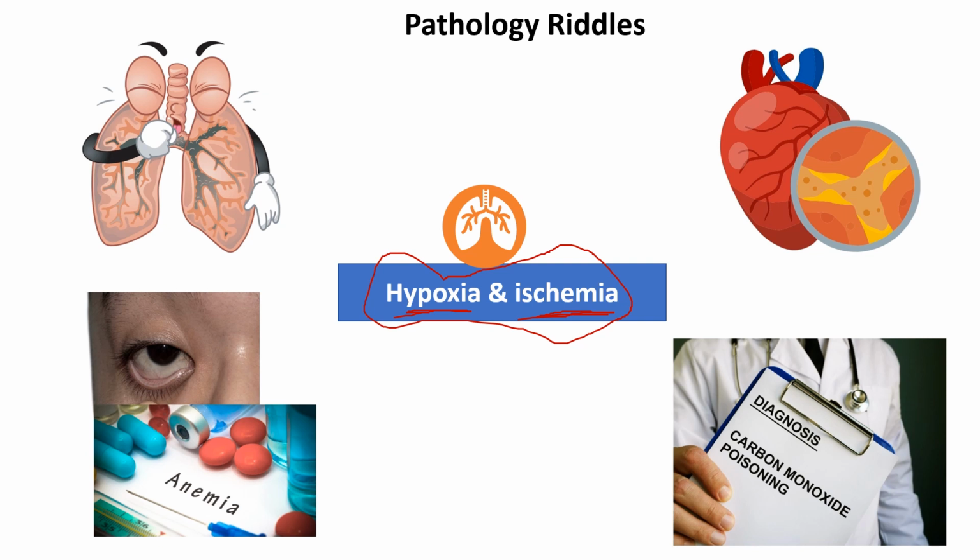structure. The causes of hypoxia are: it might be due to arterial obstruction, due to thrombus or embolism, or lung diseases decreasing the oxygenation of the blood itself. It can also be due to anemia, where there is decreased hemoglobin, so it reduces the oxygen carrying capacity of blood. Maybe due to carbon monoxide poisoning, as carbon monoxide has very strong bond with hemoglobin and it has a much higher affinity than oxygen.